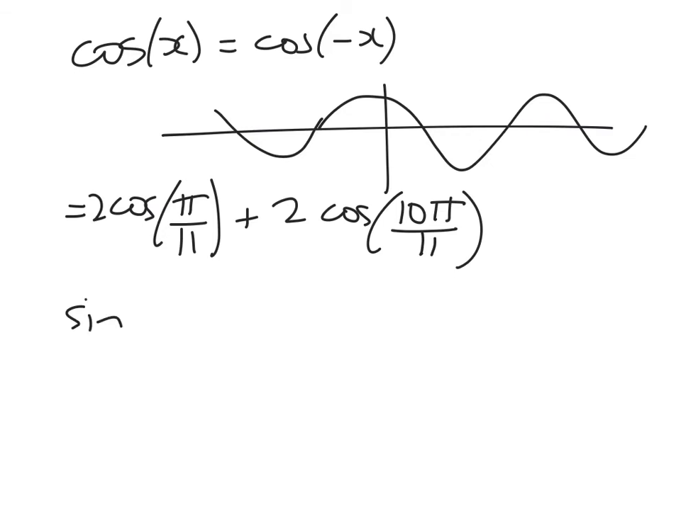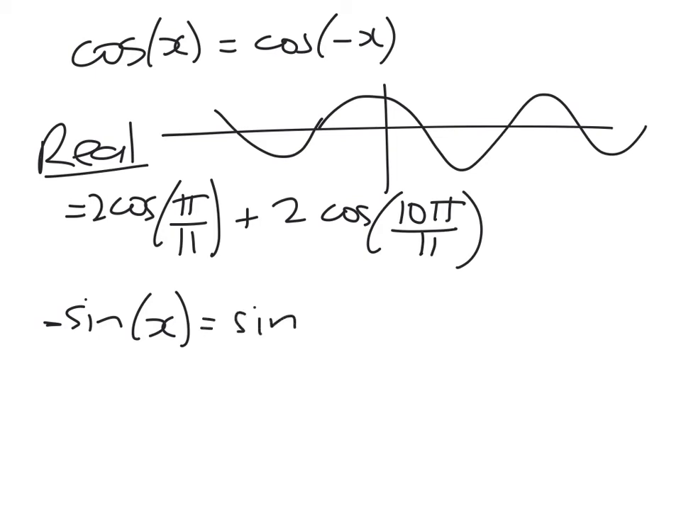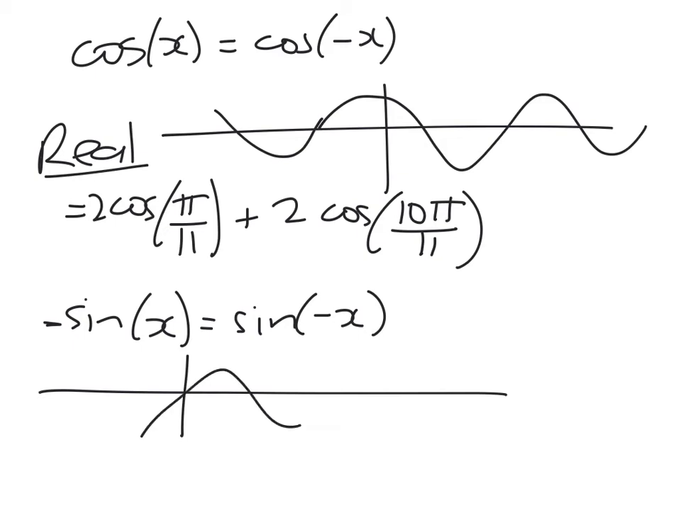So the real part equals that. Now let's look at the complex part. Well, negative sine of x equals sine of negative x, because sine is an odd function. It's a shocking sine wave, but there you go. Okay, so now if we look at the complex part,